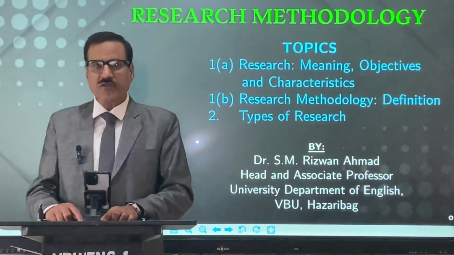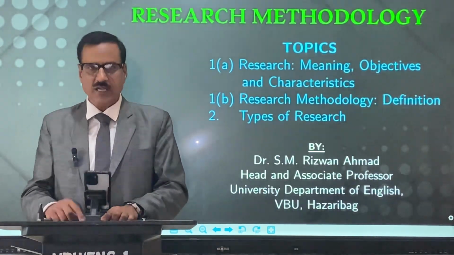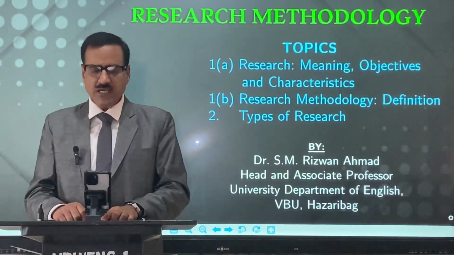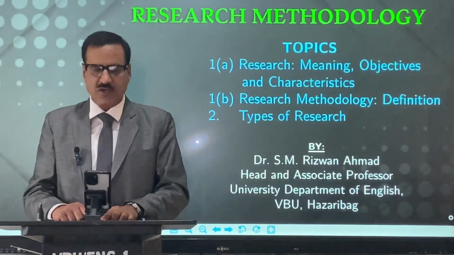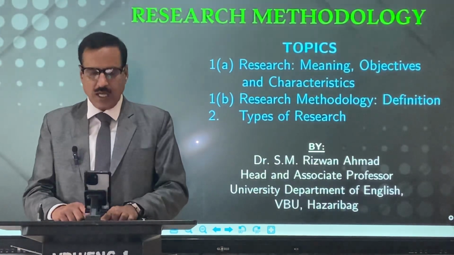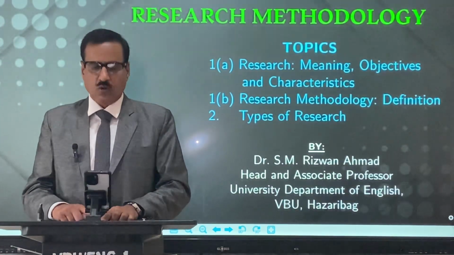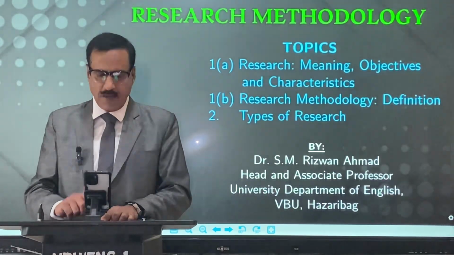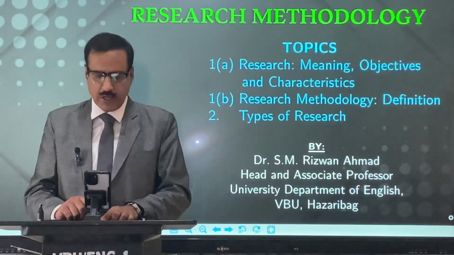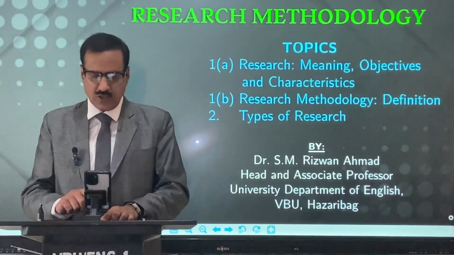The fifth kind of research, among the types of research I am going to discuss, is quantitative research. It is based on the quantitative measurements of some characteristics. It is applicable to phenomena that can be expressed in terms of quantities. The objective of quantitative research is to develop and employ mathematical models, theories and hypotheses pertaining to phenomena.